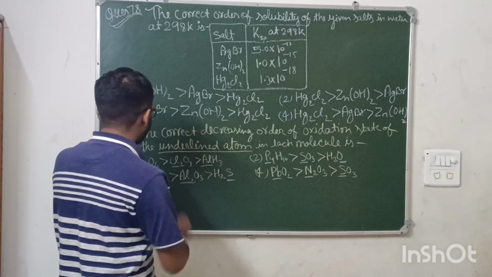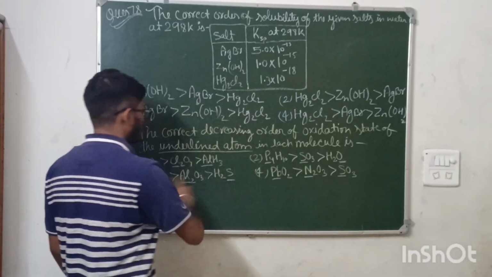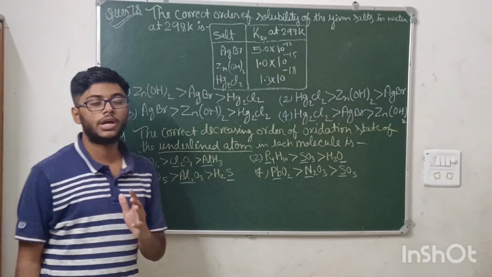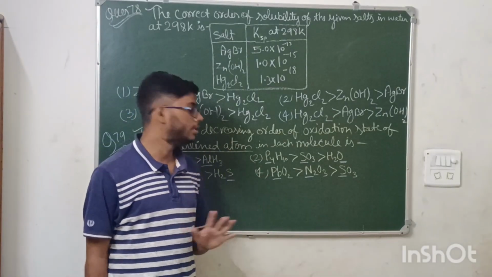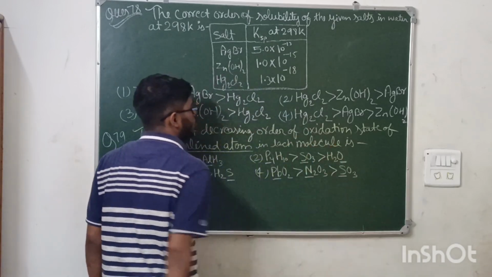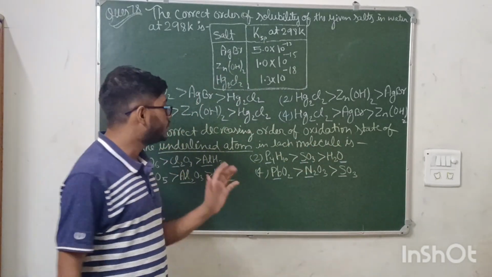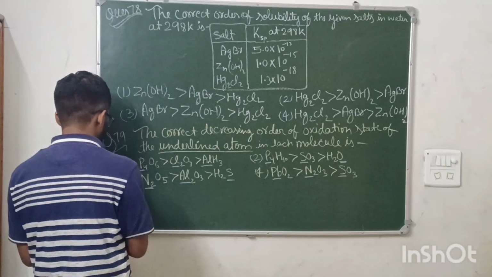Question 79 is saying you need to tell the decreasing order of the oxidation states of the following atoms. This question is very simple. You know how to find the oxidation state of any unknown element in any compound. You need to assume that part to be X and just do the final calculations. Oxygen has an oxidation state of -2 and hydrogen has +1. You just need to remember those two oxidation states.